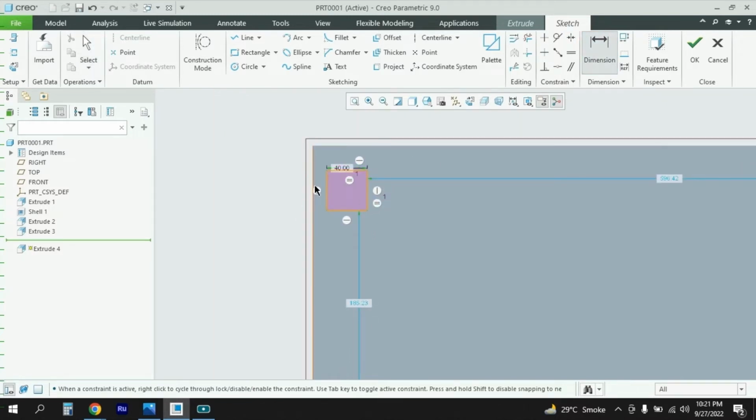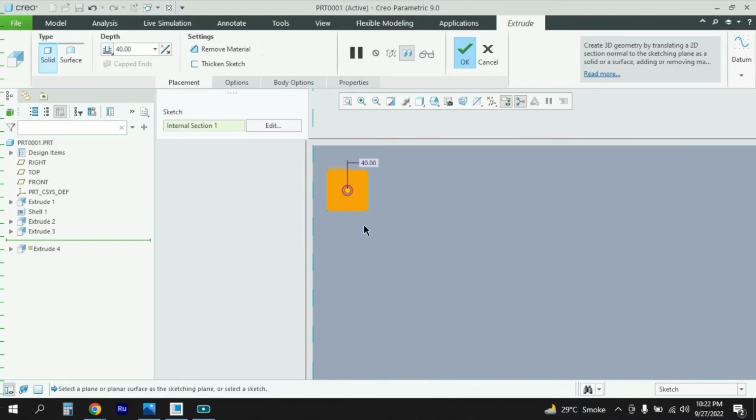Now I need some more dimensions from this point to this point. So the plate was 10 millimeter away. So this one I can keep it as 14 millimeter away from the edge. So you can see it is almost on that additional plate. So I will say OK here,